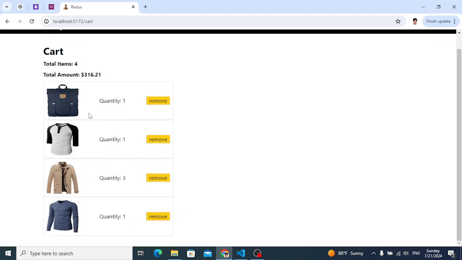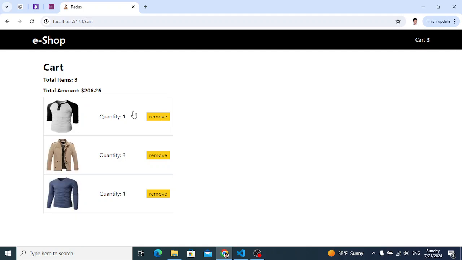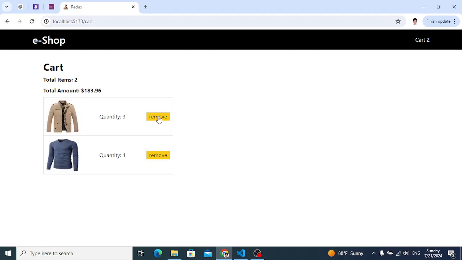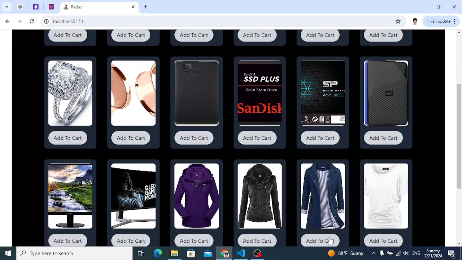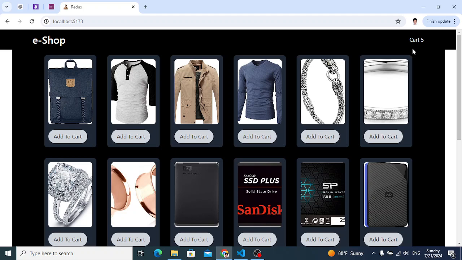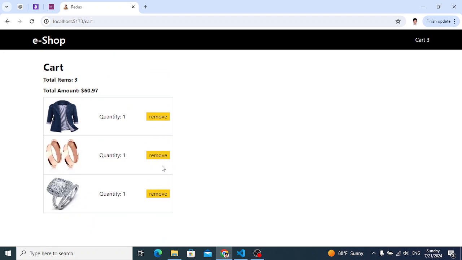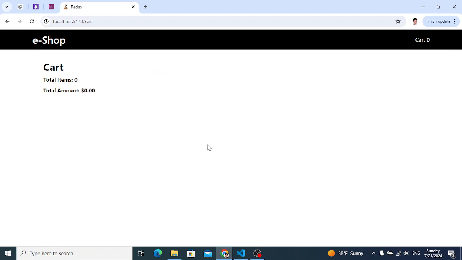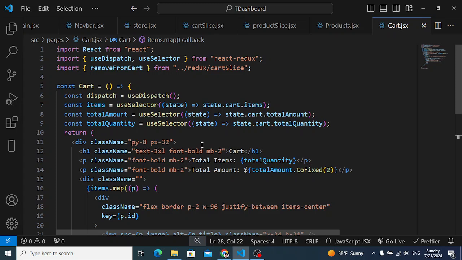We have these 4 items, and the quantity of this third one is 3. So now whenever we press this remove button, we should be able to remove this from cart. Let's press it. See, everything has changed. Press it like this, press it like this, everything is 0. So that's how we have implemented our add to cart and remove from cart, and also AsyncThunk functionality. That is how we have implemented Redux Toolkit. We have used AsyncThunk for fetching the data, and also we have used the reducers actions to implement add to cart and removing from cart